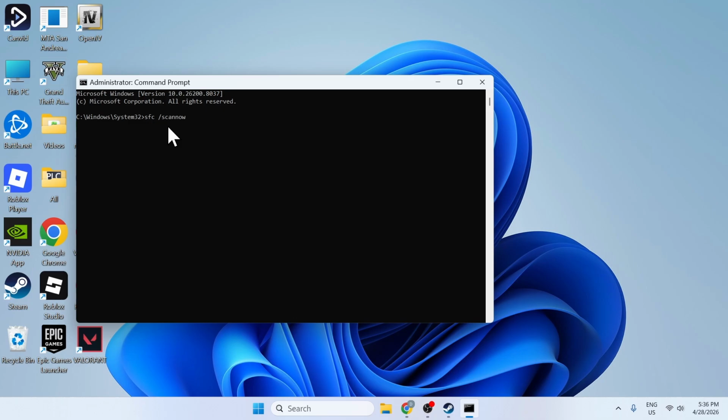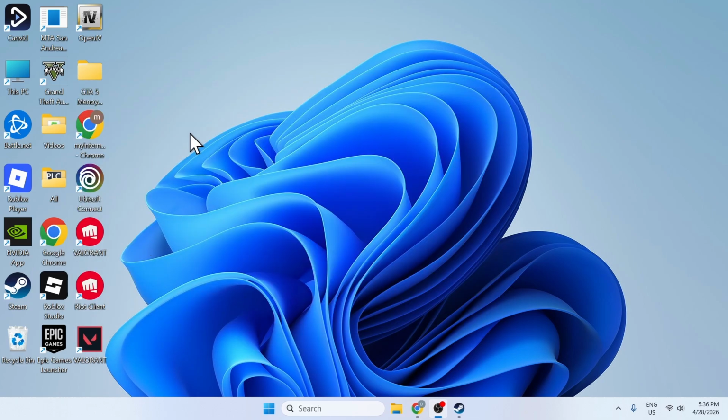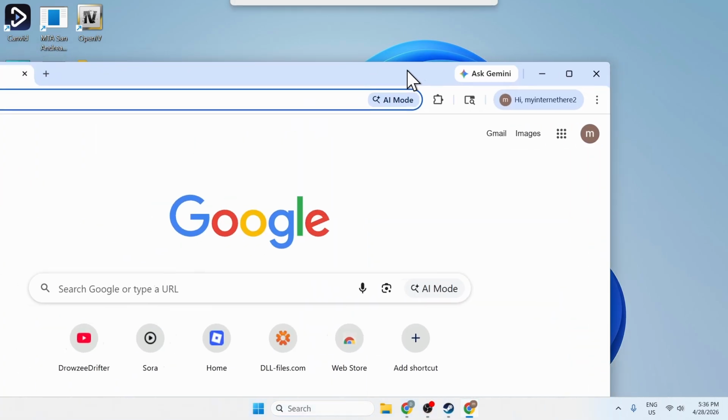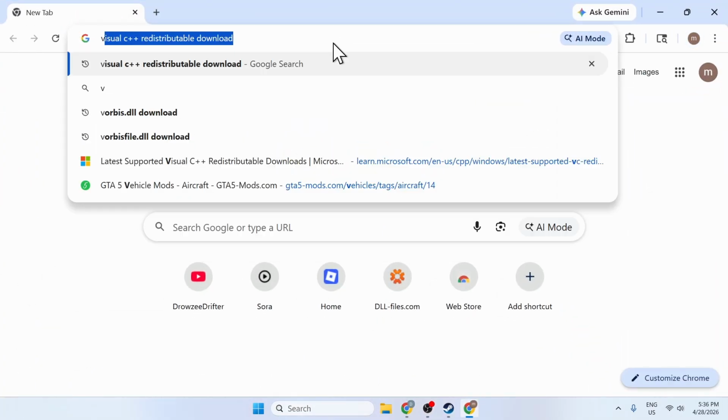Then the second command, sfc /scannow, press enter and wait for it to finish loading, and then close it down, and then restart your computer and see if it fixes the issue. If you're still having issues, then go to Google, then type Visual C++